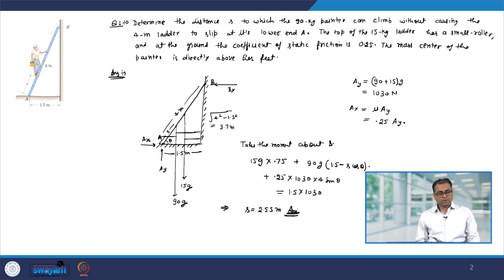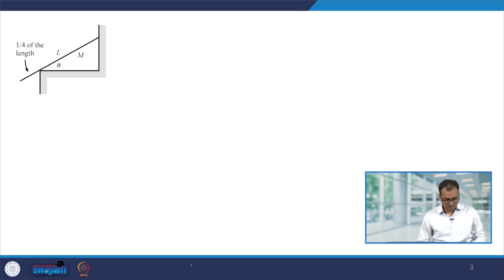Okay. So, this was the example of a leaning ladder. Now, let us look at one more question wherein the ladder is at the corner. The problem statement is the following: